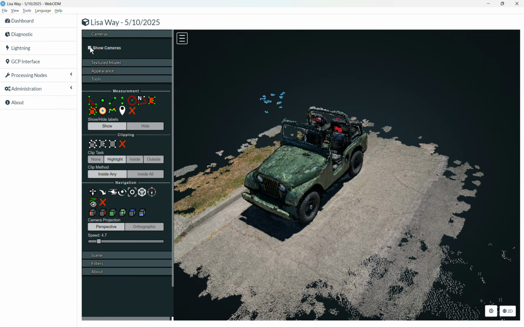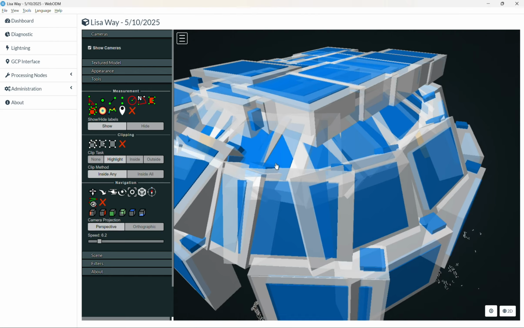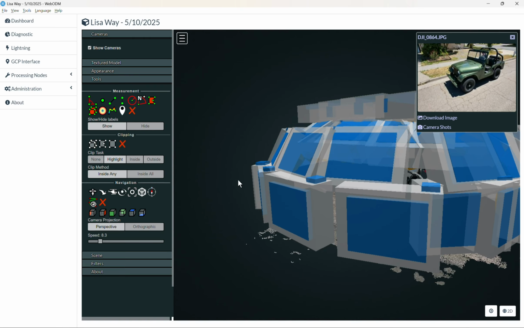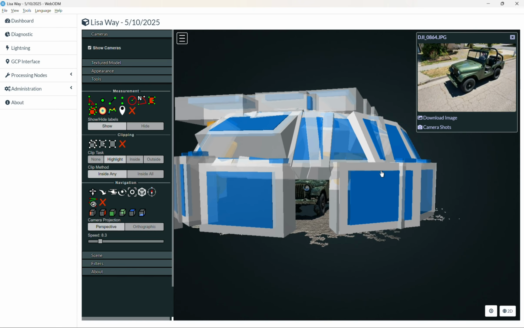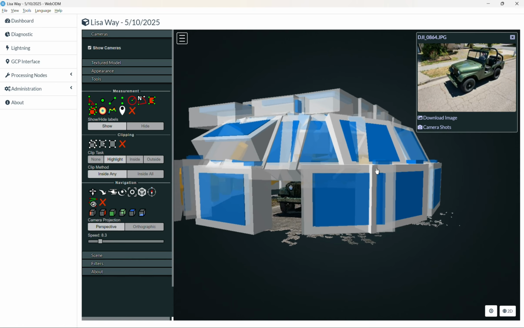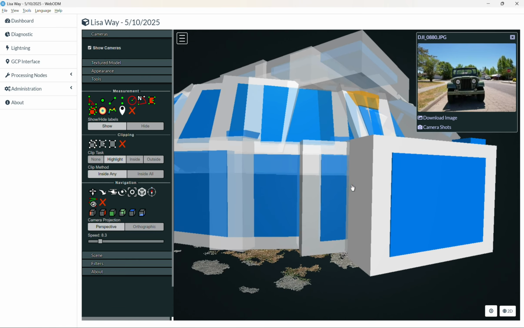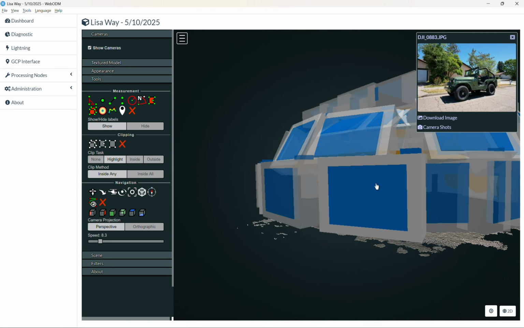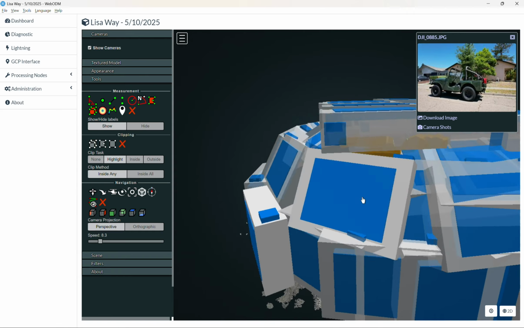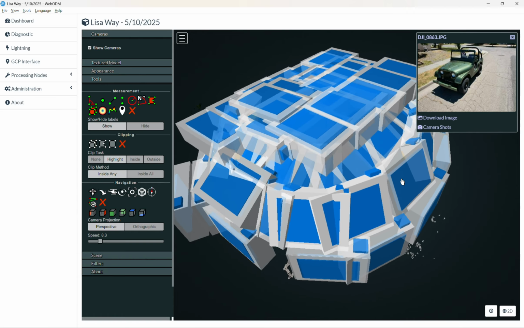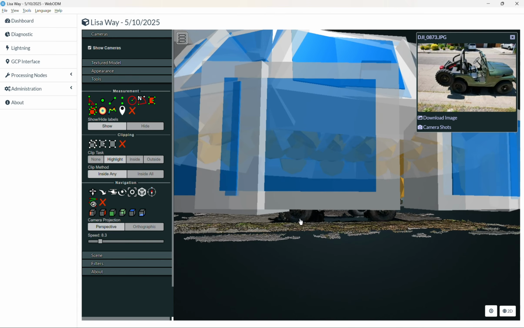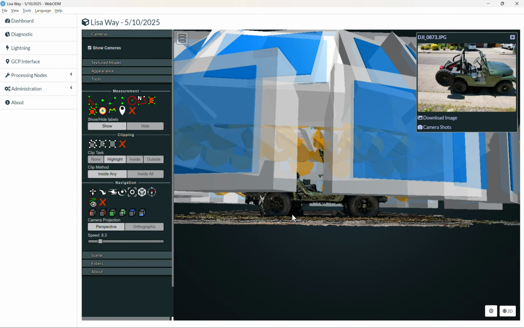So the first group here, you can show cameras. This will show you where all of your shots were from, which could definitely be useful if you're out in the field and just have time. You could run the 3D model, really see what shots you got, if there's anything that you missed, like there's a little gap here. So that could be a really useful feature to make sure you got the most complete view of your subject and try to identify any areas where you might need to reinforce your